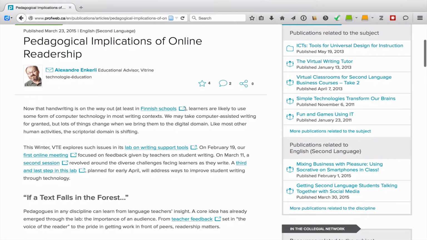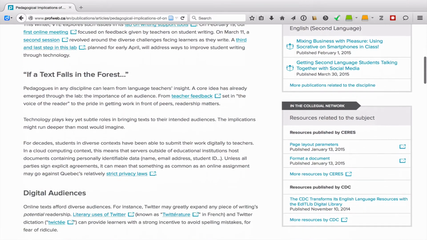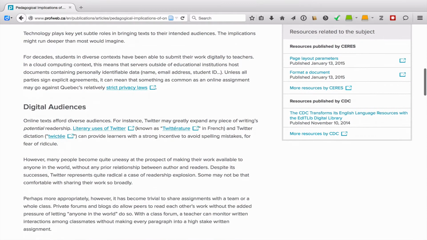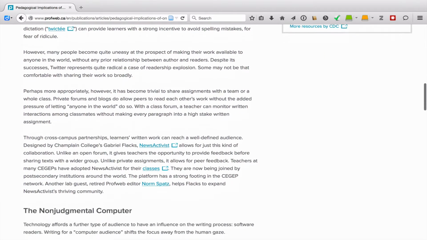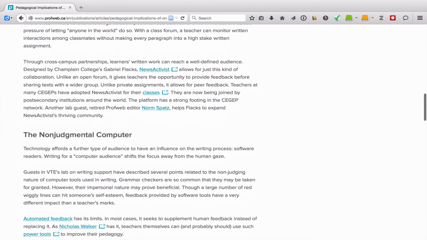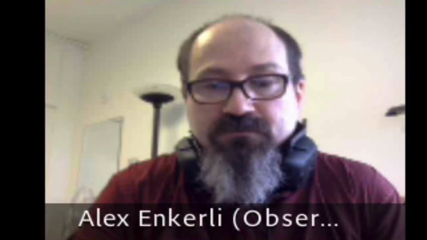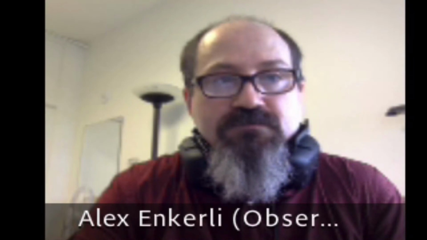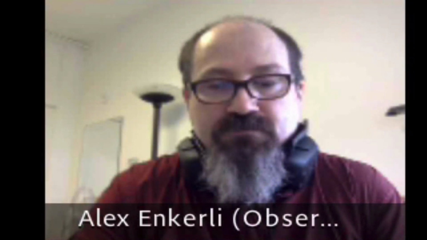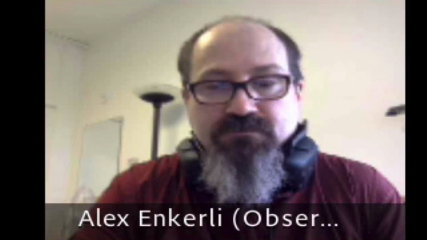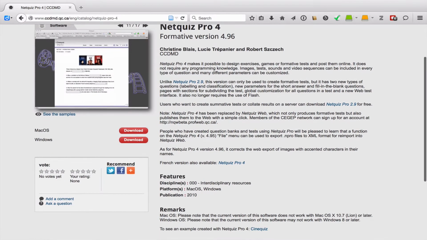And in that vein, I wanted to talk about the privacy issue, because something I did is completely unprivate, but it was a lot of fun. What I did is I took blog posts from my students and I said, they're public, they're blog posts, they're already out there. And then what I did is I took the text and put it into, I am plugging it, a CCDMD product called NetQuiz, which creates online quizzes.